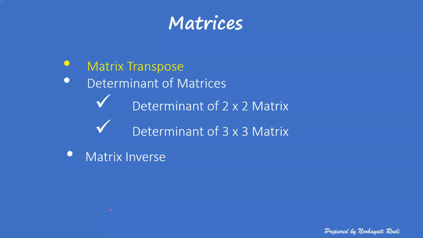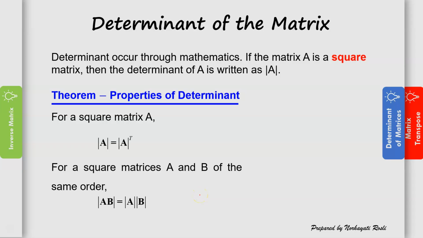So class, we are still under chapter 4, which is matrices. We have completed week 11 part 1, which is matrix transpose. Now we go to week 11 part 2. We will cover here the determinant of matrices, which consists of the determinant of 2 by 2 and also the determinant of 3 by 3 matrix. If the matrix A is a square matrix, then we can compute the determinant of matrix A,